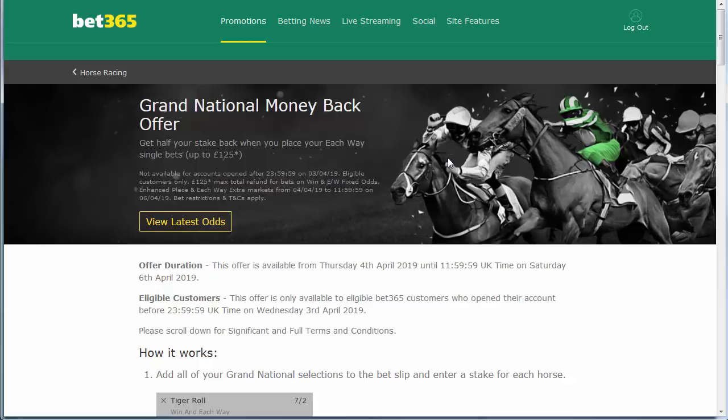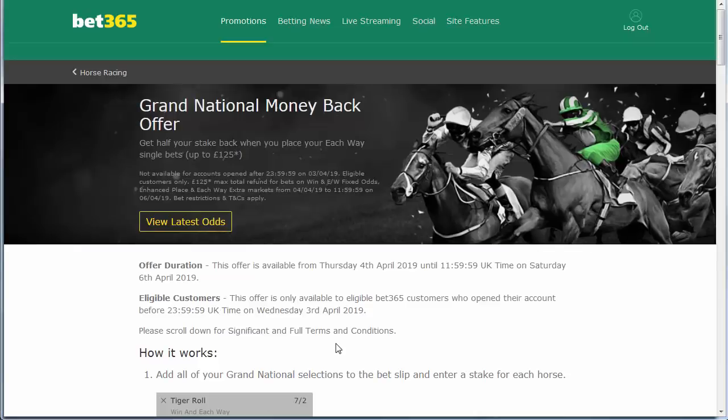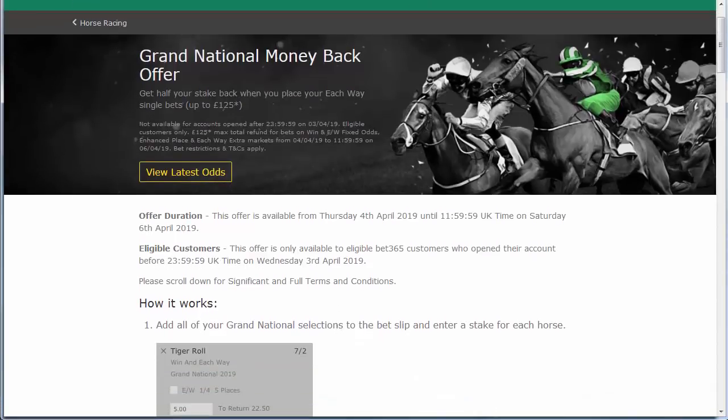Alright, so what is this offer? Basically, you have to place bets which are each way bets on the horses that are running in the Grand National race. So an each way bet, if you don't know what that is, I'm probably not the best person to explain it, really. I'm trying to think of how to explain it, but basically what you have is, if we have a look actually back over here,